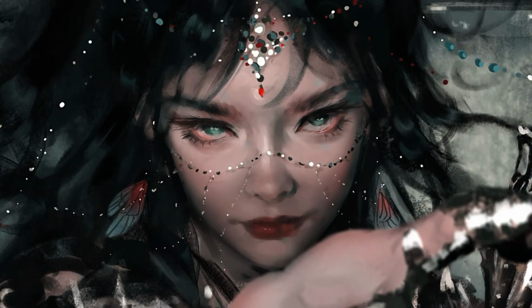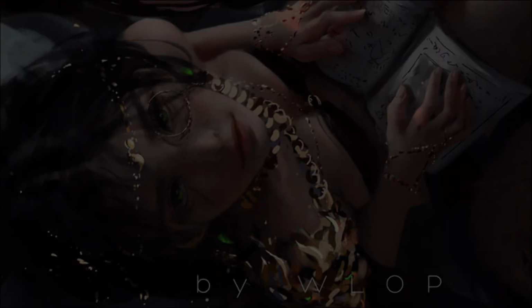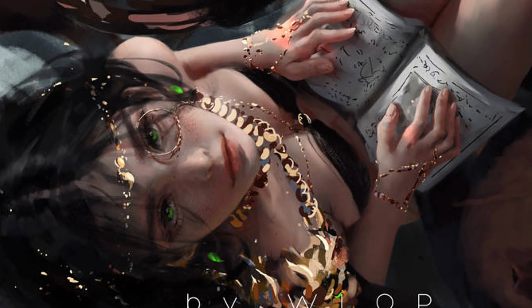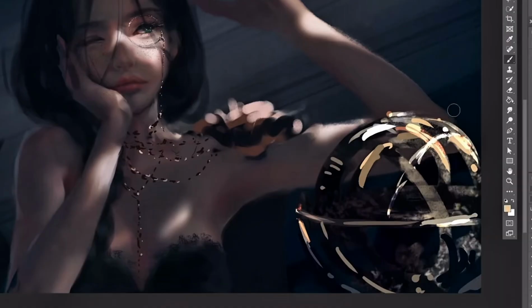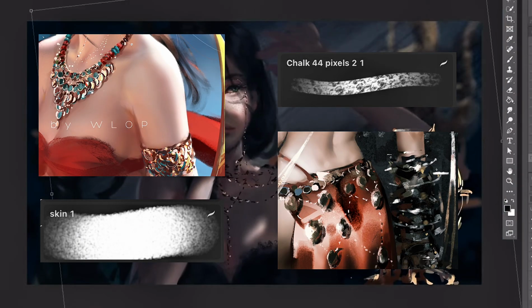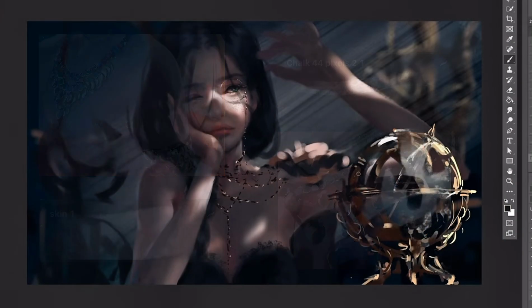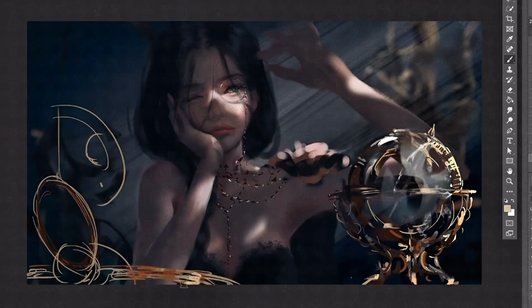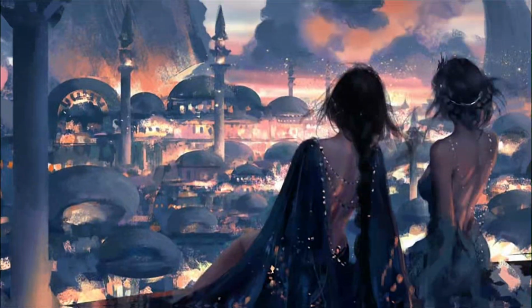For color blocking jewelry dots, sharp clean metal design, and the reflection of the ambience, he uses the sharp 19-1 brush. Note that the chalk brush and skin brush can also be used on ambient colors, so play around with them and have fun. So continuing, next up we have the